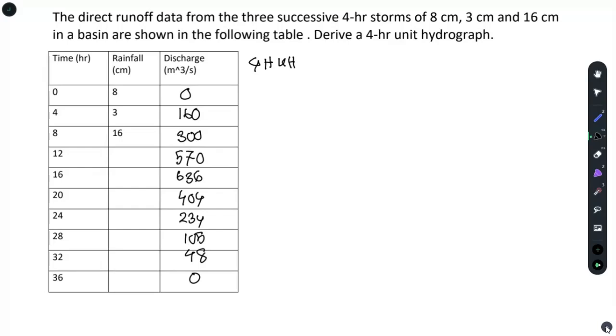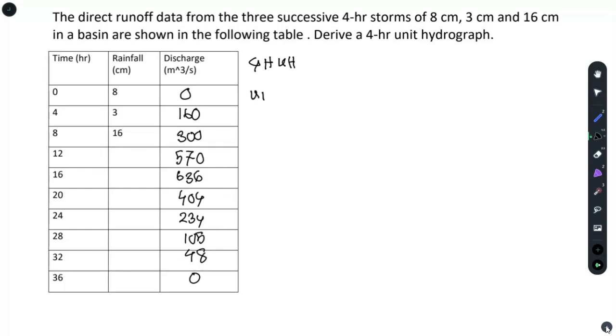So what do we mean by that? We mean that just 1 centimeter of rainfall happened in a 4 hour storm, and no other rainfall occurred in the next hours. So we'll do that. So assume that the value of the 4 hour unit hydrograph for this is, let's say, U1. Well, if that is the thing,